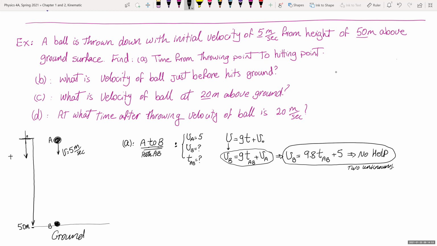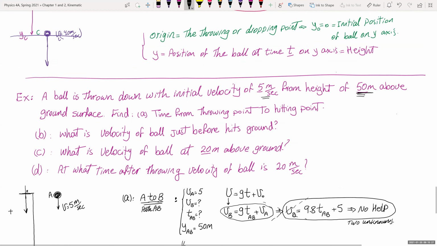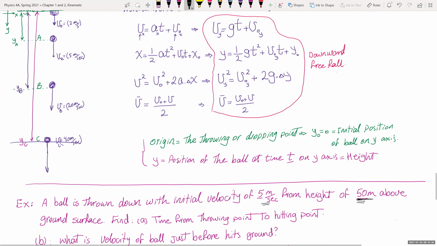But remember, we did not use all the data of the problem. See? I do have the height from point A to point B, which is 50 meters. Therefore, this equation will not help me. So, if I go to the second formula, which is y equals 1/2 gt squared